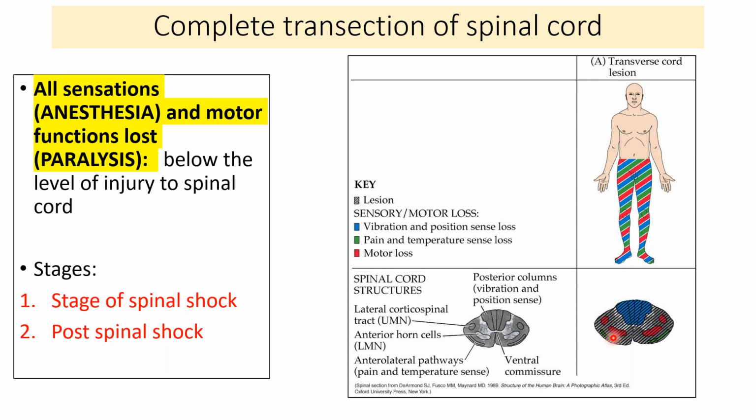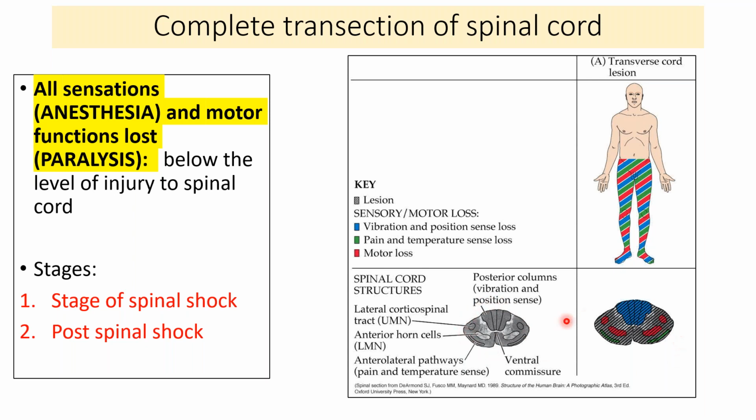So now look into this picture. This is the spinal cord, and if there is an accident, a trauma where the entire spinal cord has been transected, or you can say has been injured, the entire spinal cord has been injured. So what will be the lesion? If this is the spinal cord, now try to see what all tracts are there in the spinal cord. Posteriorly, what do you have? You have posterior columns. And then what do you have over here? You have the anterior horn cells in the anterior horn, gray matter. Over here you have the lateral corticospinal tract. Over here you have the anterior corticospinal tract. Over here you have the lateral spinothalamic tract for pain and temperature.